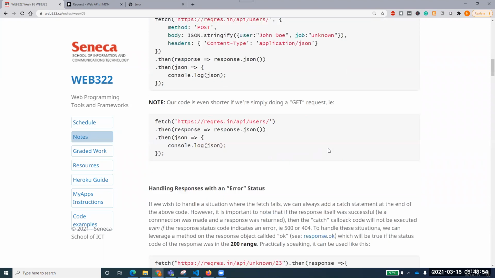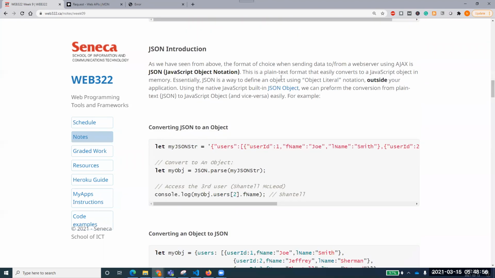Now if you talk about JSON, JSON is the plain text format that easily converts to a JavaScript object. That's an important part. We want to convert that into a JavaScript object. Why? Because you are sending that data over the network, but when you want to receive and read it, it's a simple text format, so you would have to parse the whole string and find out which one is the field, which one is the key, and which one is the value. If you convert that into JavaScript object notation, it will become an object.